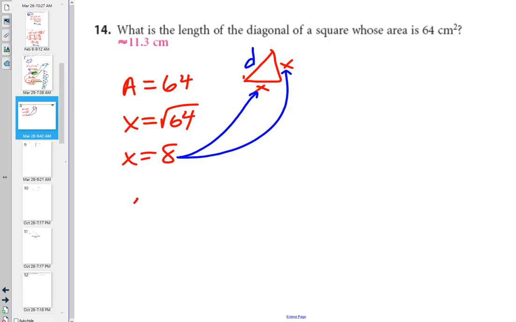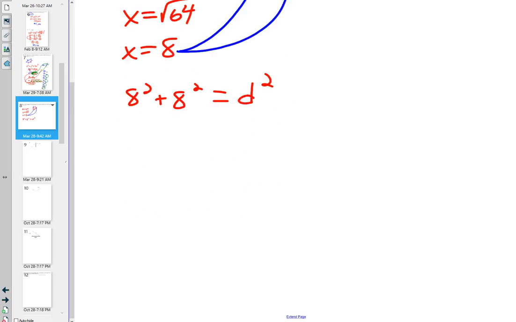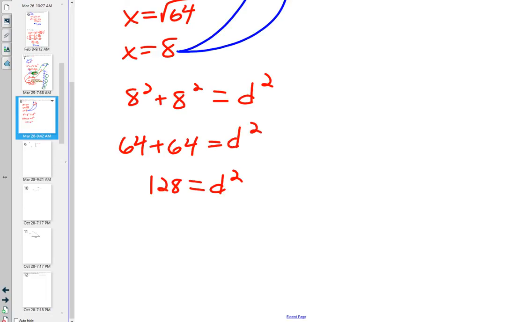Well, that means then that 8 squared plus 8 squared is equal to the diagonal squared. I plugged in the 8s where the legs go. 64 plus 64 is equal to b squared. 128 is equal to b squared, but